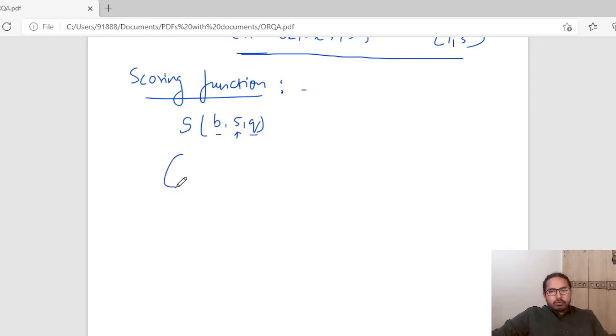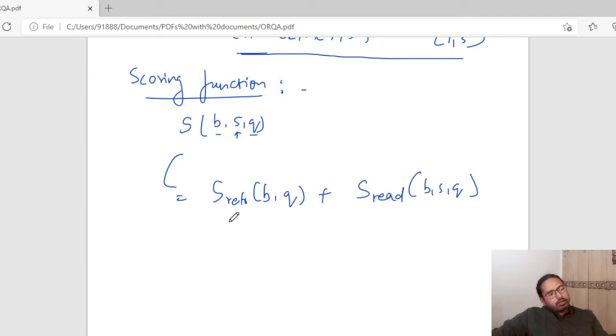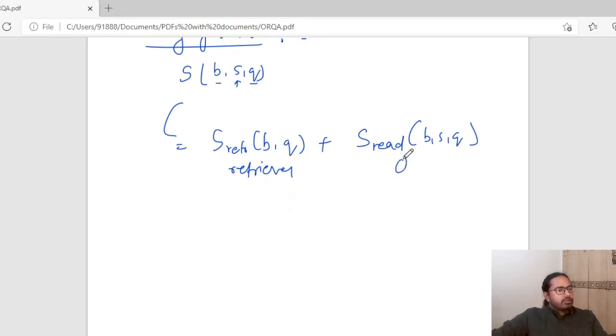So S(b, q) consists of two parts. It is equal to S_retriever given b, q plus S_reader given b, q. So this part is something which comes from the retriever, and this part comes from our QA model. This might seem a bit different, but if you remember from our last videos,